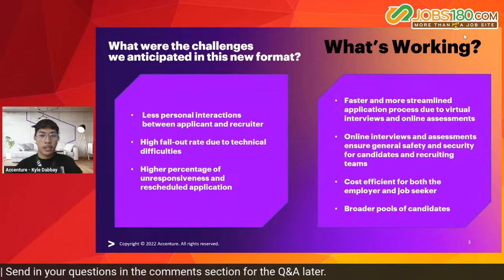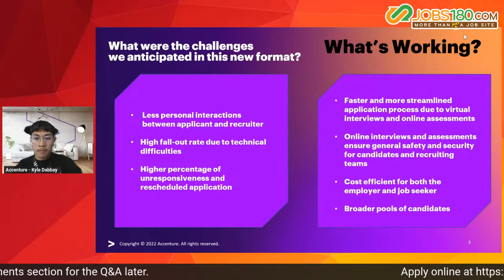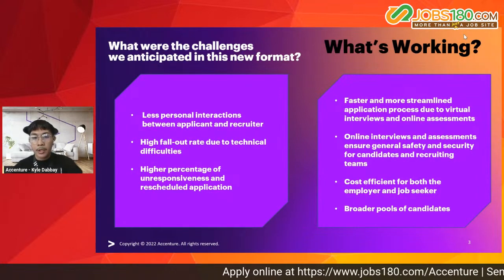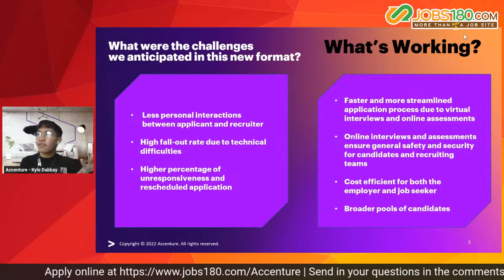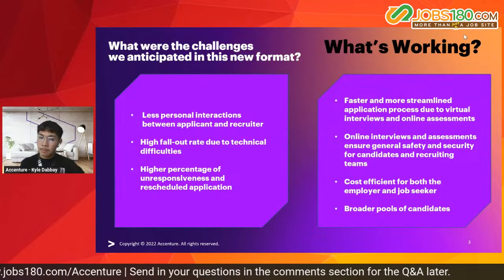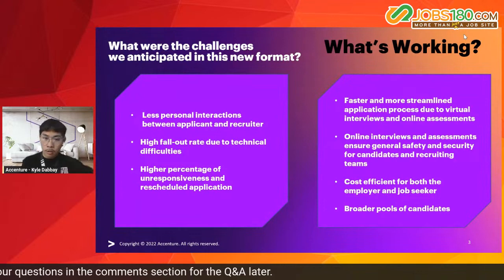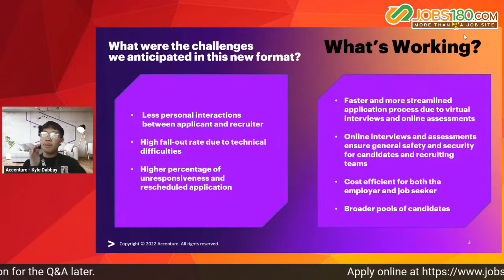Next is cost efficient for both employer and job seeker. Of course, cost efficient. Why? Compare mo yung nag-apply ka sa 3 different companies na pinuntahan mo talaga, pamasahe mo, pagkain mo, water mo, whatever, iced coffee mo, let's say nag-Starbucks ka pa. So let's say ang baon mo for that specific day is 500 or more pa para lang mag-apply